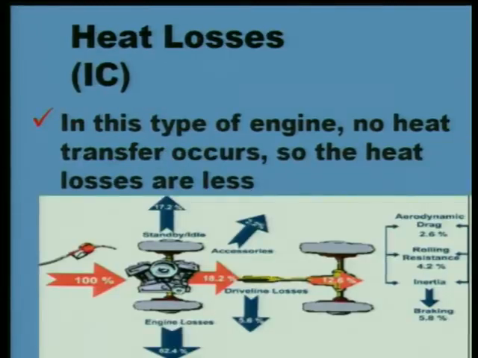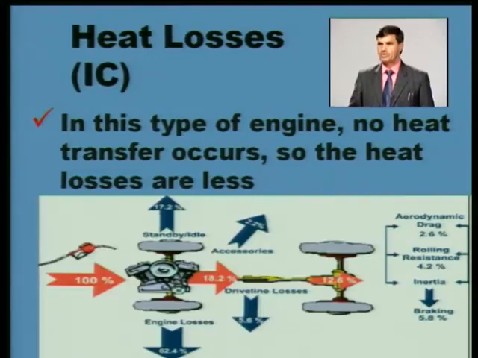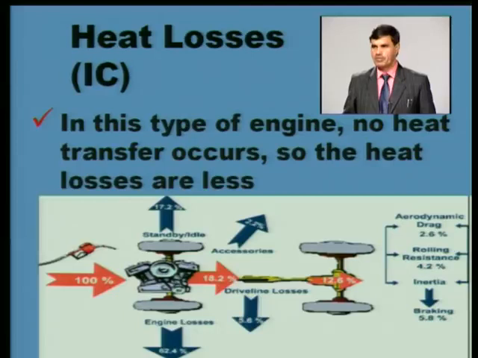Of the 100% heat which is being supplied to the engine cylinder, more than 62% has gone as loss in the form of cooling water, burnt products, irreversible processes which are taking place, or many accessories we are operating, and a lot of friction. Finally, through the transmission system, only 12% of the total energy which we have given to the engine is transmitted to the rear wheels. That 12% energy is being utilized for the movement of the vehicle in the forward direction. It is overcoming the resistances which the vehicle is facing.